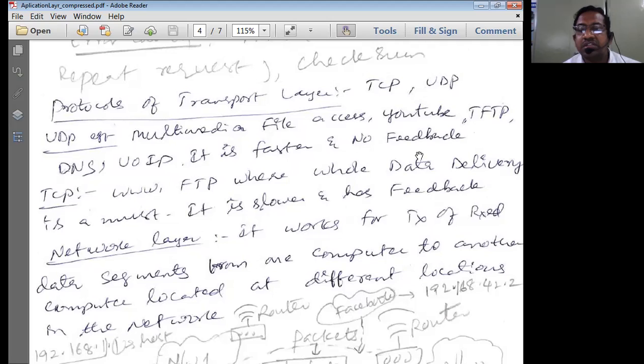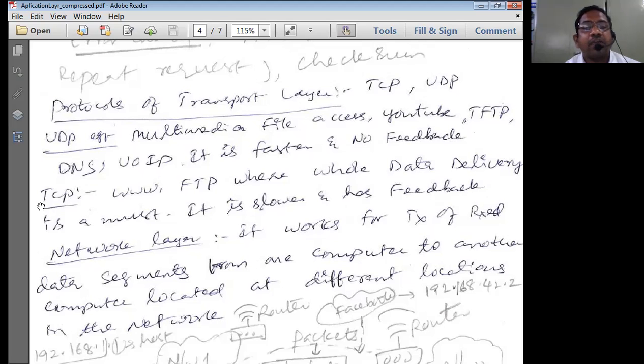In a connectionless service, we cannot have feedback. We can have feedback only in a connection-oriented service. Now TCP is a connection-oriented service, therefore you can have feedback. Since we have a feedback mechanism, definitely the TCP service is a bit slower than the UDP service.